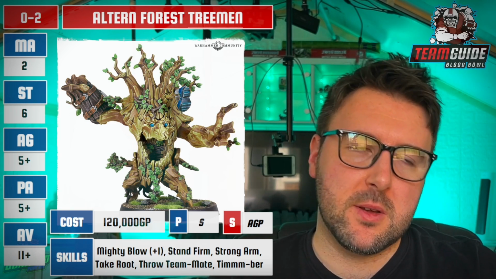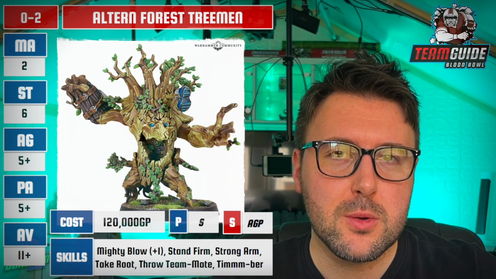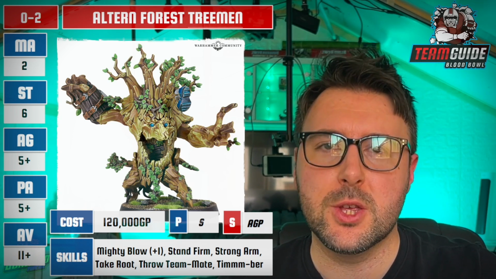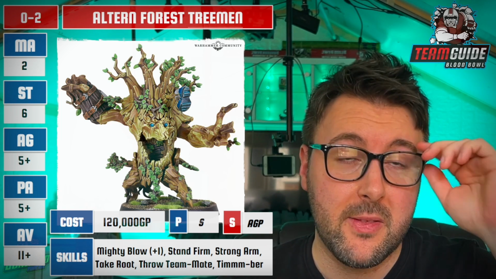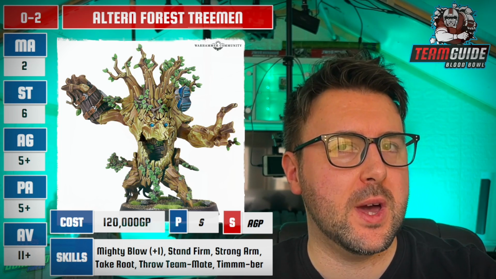So 2 Treemen on this roster will form your front line. Movement 2 is very slow. The fact that they've got take root means that when you activate them, you have to roll a dice. If they're blocking, if they're moving, if they're thinking about going home and having dinner, you roll a dice. On a 1, they take root, which means for the rest of the drive, they can't move unless they got knocked prone. And you never really want a Treeman to be prone, because how many squares does it cost to